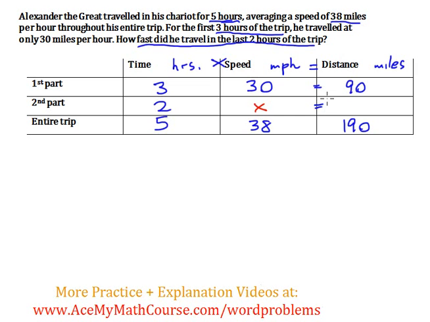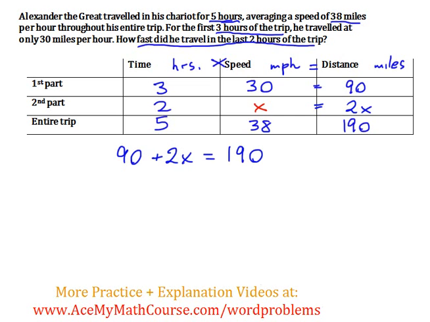And so what is the distance? We can just multiply 2 by X to get 2X. Now we can finally form our equation. How do we do that? Well, we know that the distance that he went through in the first part added to the distance that he went through in the second part will be the total distance. So I can say that 90 plus 2x equals